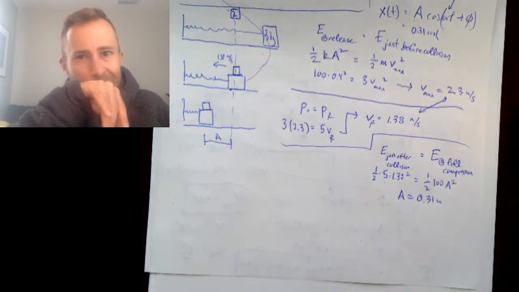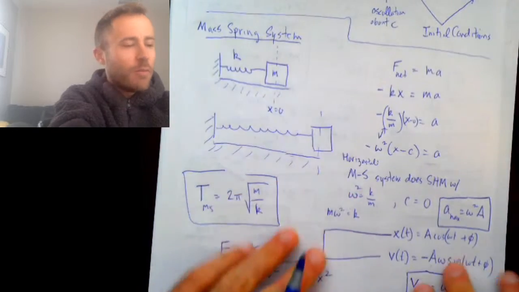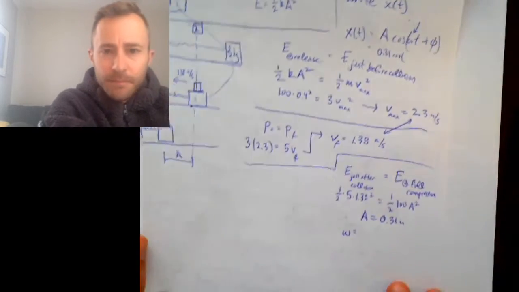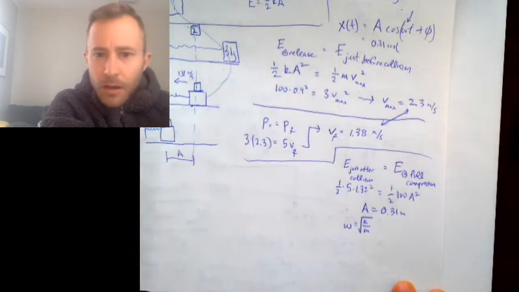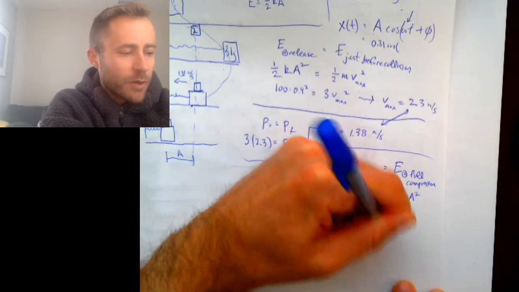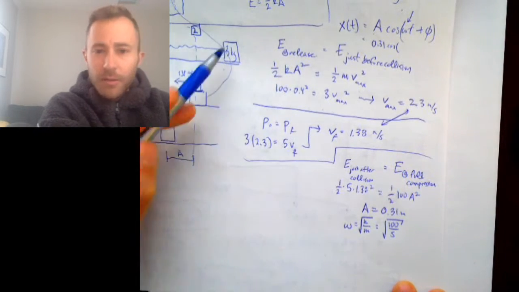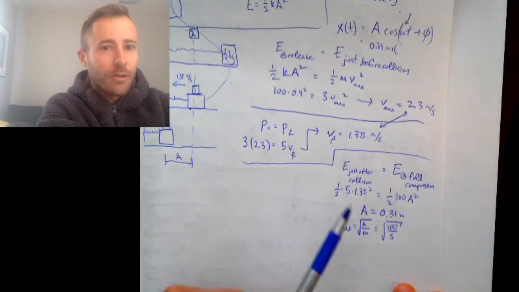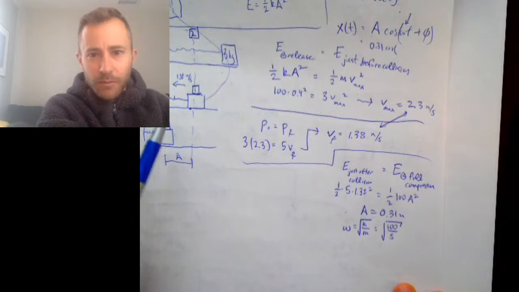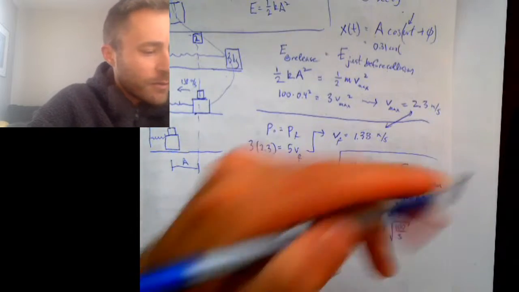From the previous page here, omega squared is k over m. So omega is root k over m. Which is going to be square root of 100 over 5. Why is it 5 and not 3? Because we're trying to get the position as a function of time after the collision, and after the collision there's 5 kilograms going back and forth. So we get square root of 20, that's 4.5